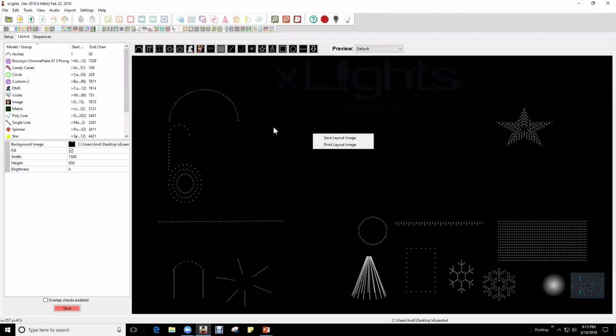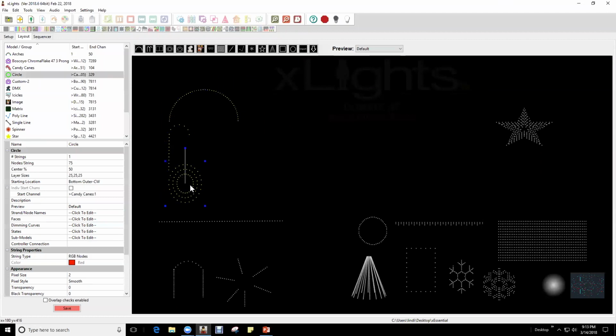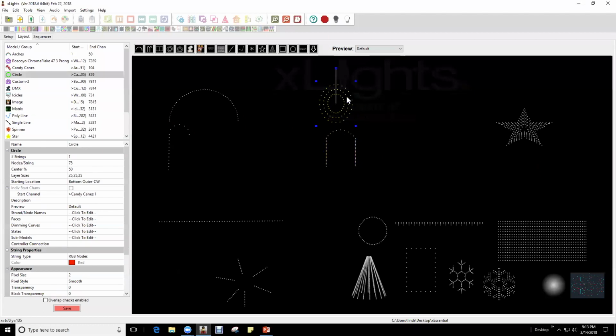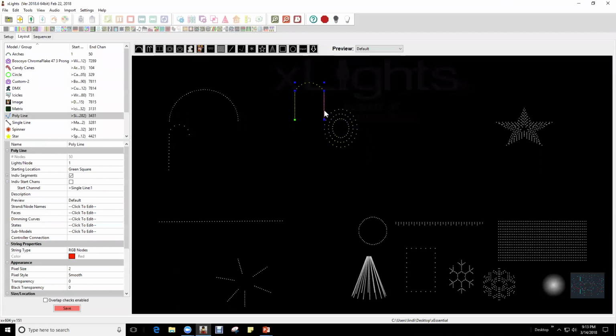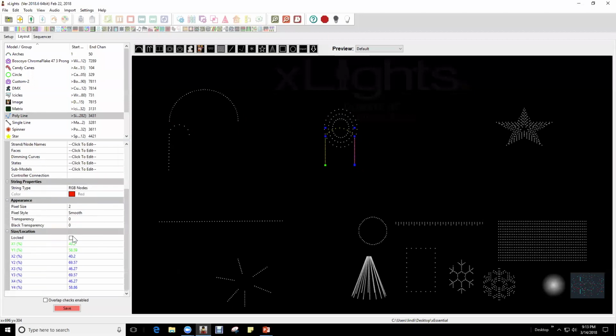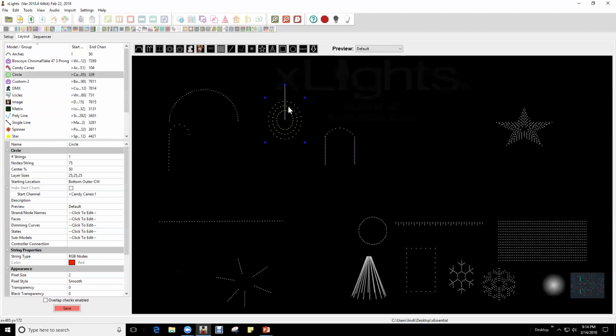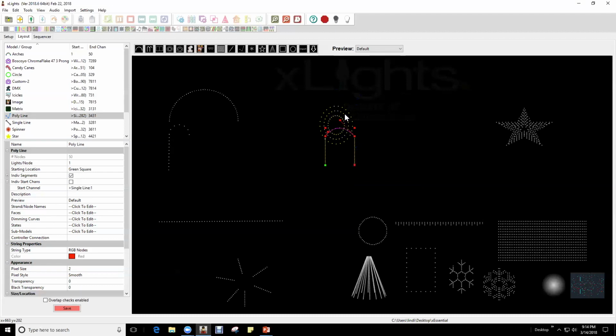Some new things with it, you can also right click them, and a lot of people overlap props. So say this is your circle here, and then the circle's halfway in your doorway. So every time you try to move the circle, you're moving the doorway, and every time you try to move your doorway, you're moving the circle. Well, now you can go in like I showed you earlier, and you can either click lock here, or you can click lock here. And now when you do that, so I lock the door frame now, when I click on this circle, I can move it. And if I accidentally select the doorway, I can't move it,